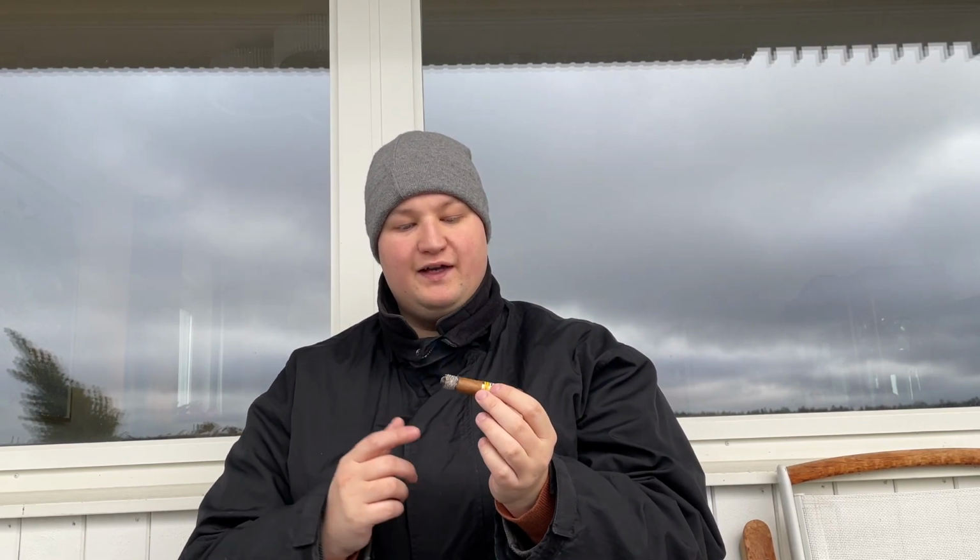All right, so I am exactly 20 minutes in, moving into the second third here. It's funny, I recently saw a post by Habanos themselves on Instagram where they lined up a bunch of different vitolas, and then they wrote about their lengths and sizes and their approximate smoking time. And they actually had the Siglo I on there, specifically the Perlas vitola. And they wrote 20-minute smoke time, which is, I think, hilarious, because either you're puffing enormously fast or